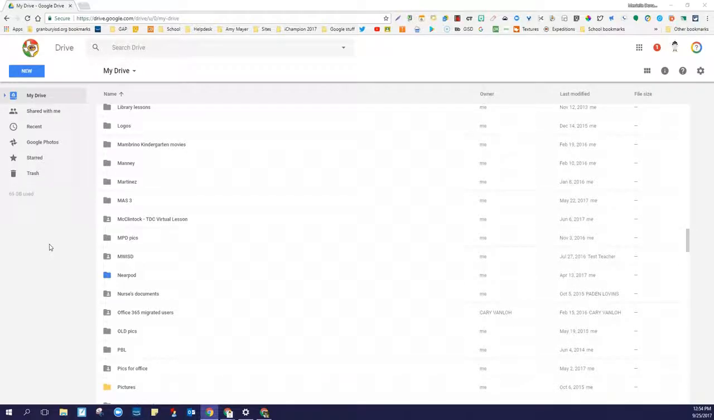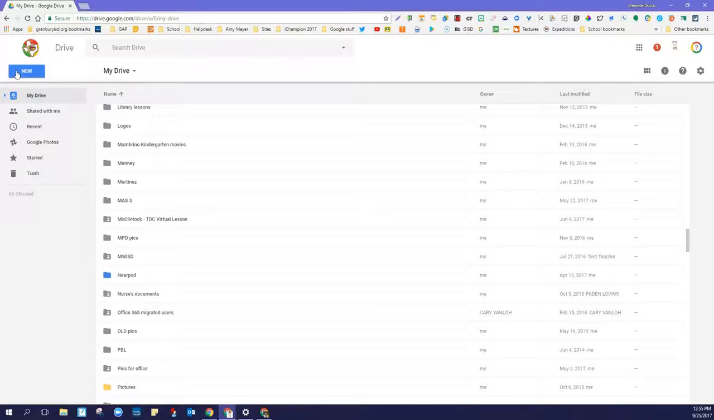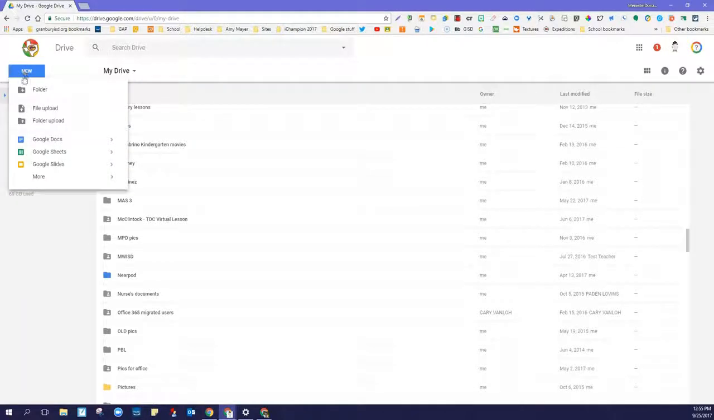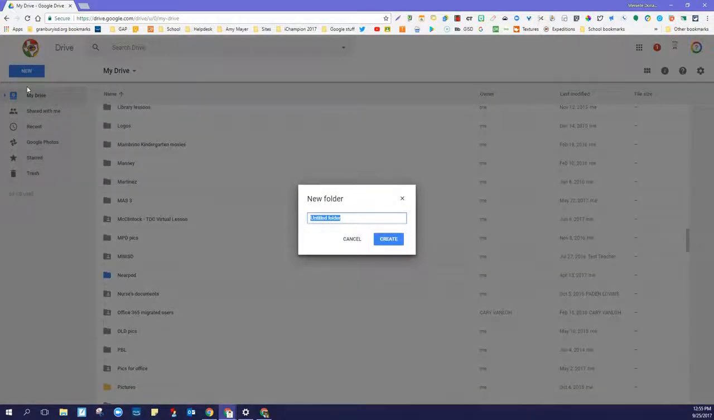Today we're going to look at some steps to create a site for your World Geography PBL project. The very first step is to go to your Google Drive. You are going to go to New and create a new folder. And we're going to call that World Geography